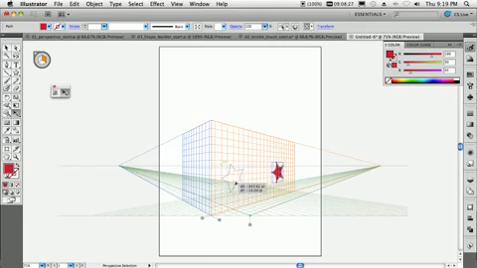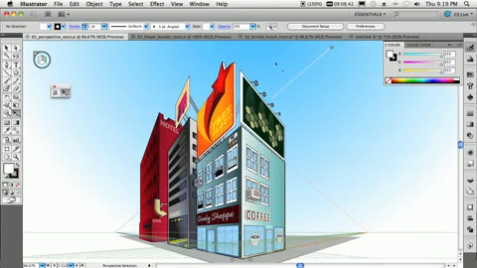Now, I know what you're saying, I drew it on the wrong side, can I flip it over? And yes, you can. If you hit the keyboard shortcuts as you're moving it, you can actually move it from side to side. Now, how will this come into play when you're actually working with artwork in another document or